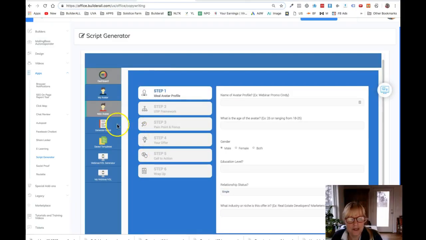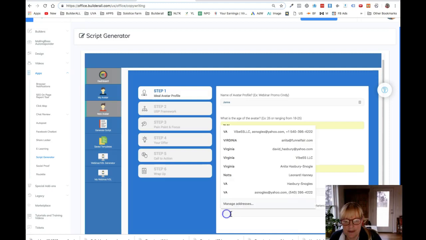So here we are inside the script generator. I have set up a new one here. We're doing a new avatar. I'm going to start this off with the information that Jason gave me. 35 to 54, female, education level, married, and over in my